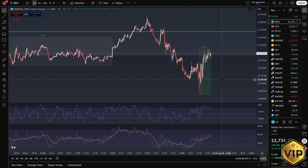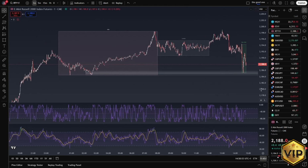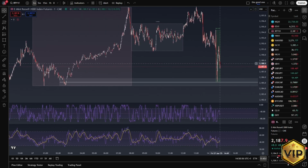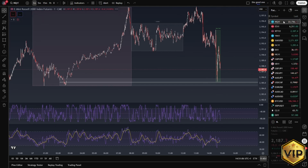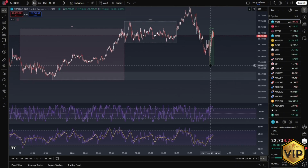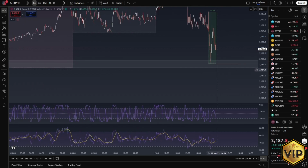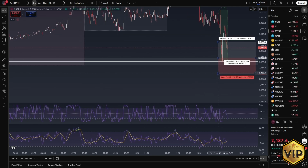Russell these days just moves opposite to the 3. Yeah, I've found that. It's been good because I quite enjoy trading Russell. It's quite safe and you can get some decent return. For example, we had this low here marked out on NQ. Came close and then we pushed back up, but if we'd then looked at Russell, it basically played out perfectly. So then we could have caught longs from just here,